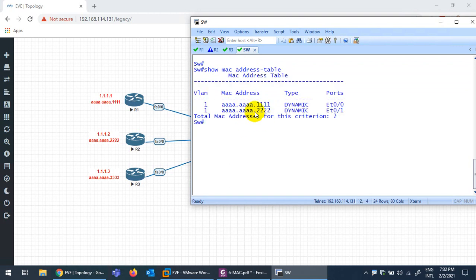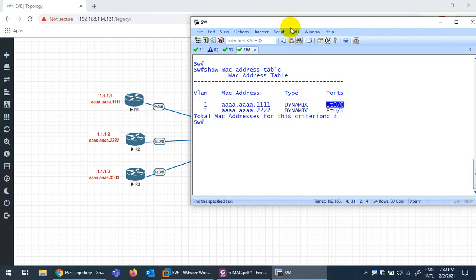Look at it now. It says VLAN 1, and the device sending traffic and this one both belong to VLAN 1. We will discuss VLAN later in the course. This is the MAC address; this is why I changed the MAC addresses, so that you can understand. It says R1 is sending traffic to this MAC address, and I learned the MAC address dynamically.